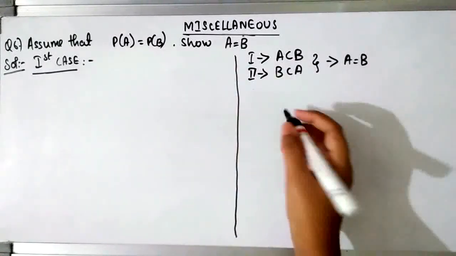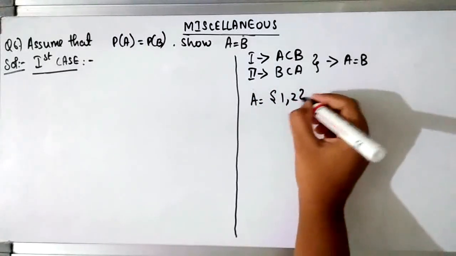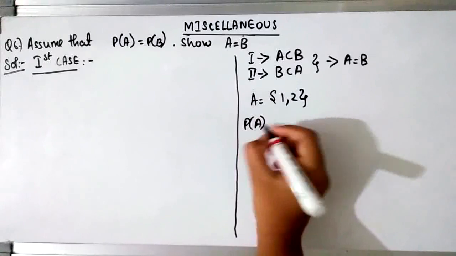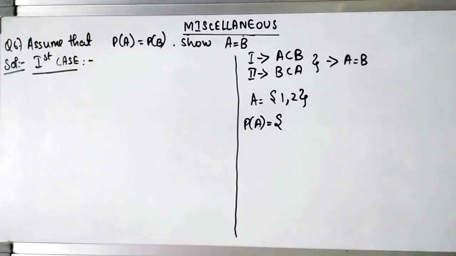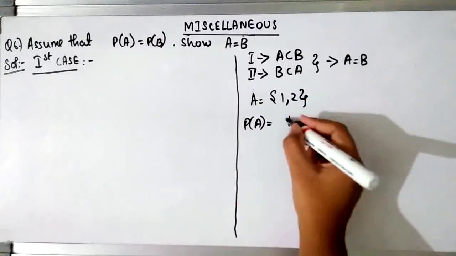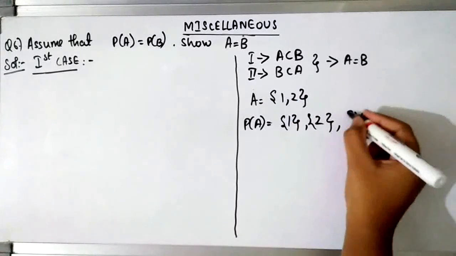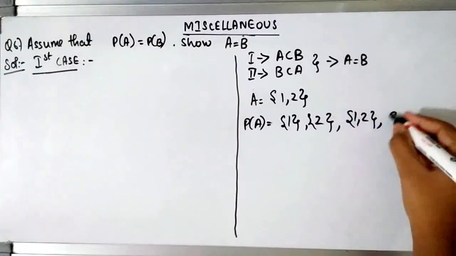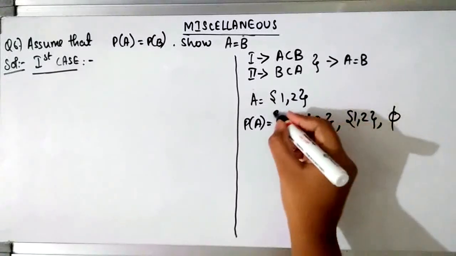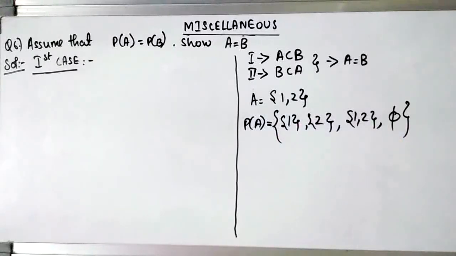Now for this, first we will take our set A and power of set A. Now let us take set A to be {1, 2}. Now if you remember, power of any set means the set of all its subsets. Okay, so we are going to make a set of all the subsets of set A. So what will be the subsets of set A? {1}, {2}, then the set itself {1, 2}, and φ, or an empty set, and we will make a set of all these subsets. So that is nothing but our power of set A. Okay, so we have got our set A and we have got our power of set A over here.